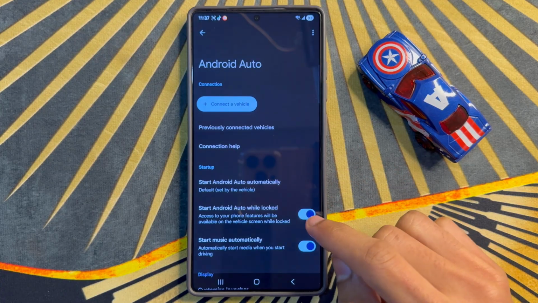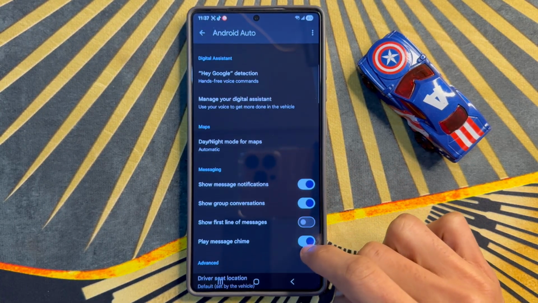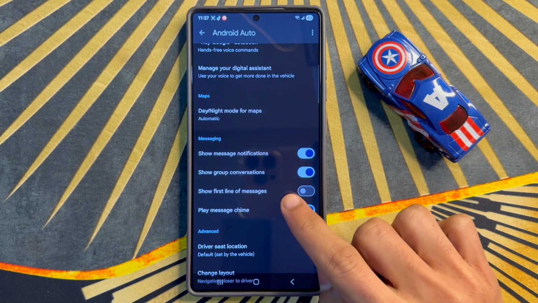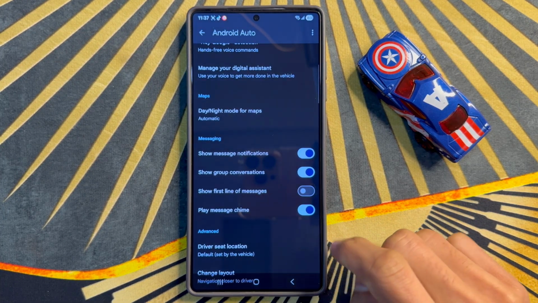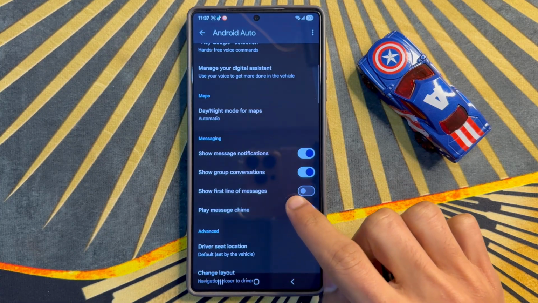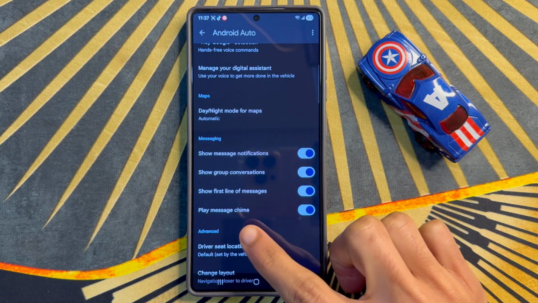So after clicking on Android Auto, you will see, if you want to turn on or off show first line of message, you will see first line of messages here. So if you want to turn on, turn on this button, you will see show first line